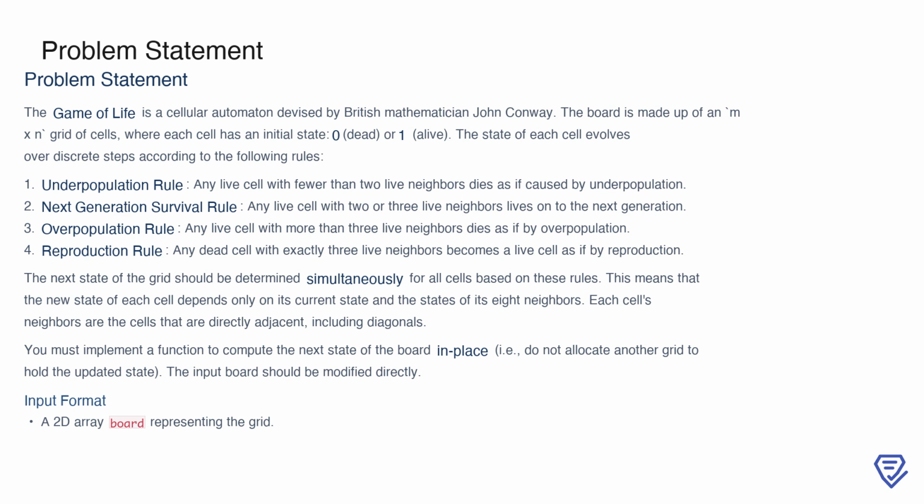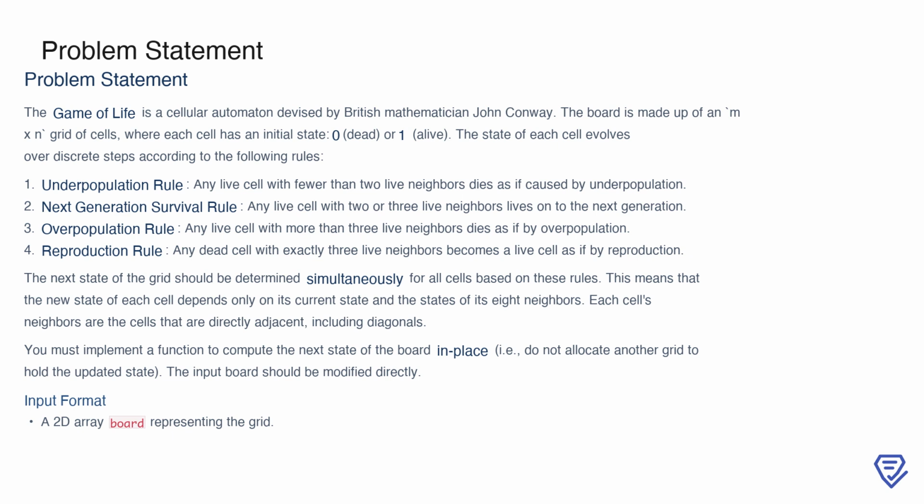First, there's the rule of underpopulation. If a live cell has fewer than 2 live neighbors, it dies. This represents a situation where the cell doesn't have enough support to survive. Next, we have the survival rule. If a live cell has 2 or 3 live neighbors, it stays alive, as it has just the right amount of support. On the other hand, if a live cell has more than 3 live neighbors, it dies from overpopulation,